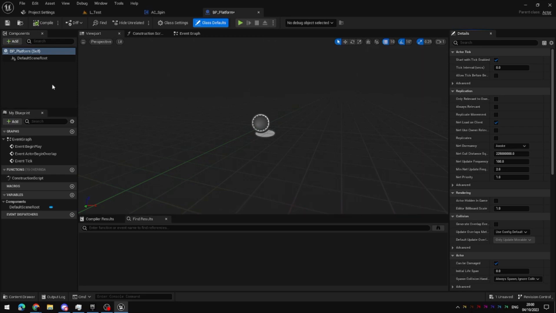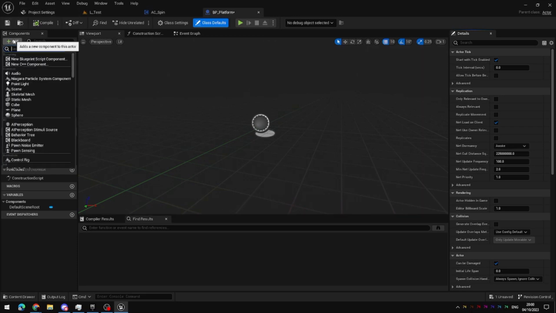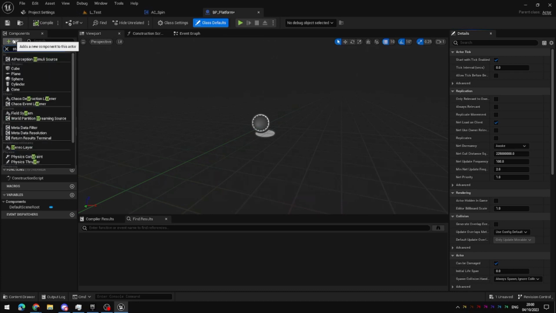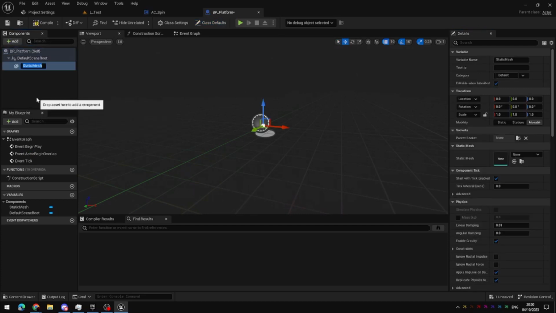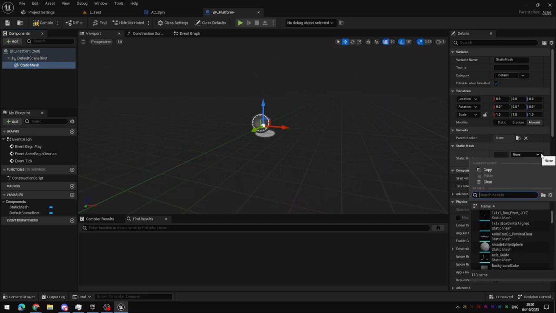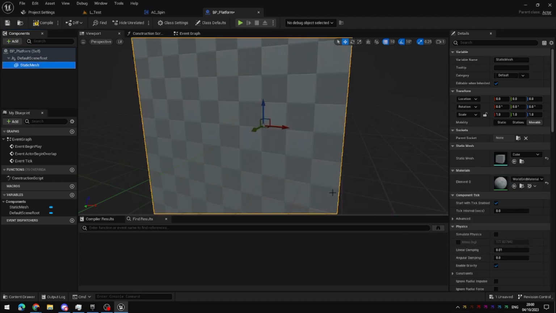So I'm going to go to the components window in the top left here, click add, and add a static mesh. A static mesh is a mesh that cannot be animated. It doesn't have a skeleton to deform it. The static mesh component has now been added, but there's nothing visible in the viewport because we haven't chosen a mesh to display. From this list, I'm going to type cube and try and find a cube from the list